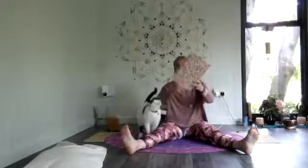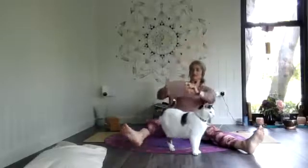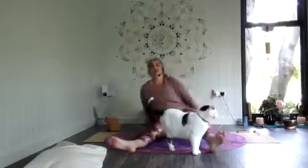So a blanket is good. If you're sitting on a blanket or a cushion, then turn it on the corner, so that this corner here is between your legs, like that, and you're sitting on it. So your sitting bone is like that, and you're allowing, so that you feel that you're dropping down a little bit. Your legs and your thighs are dropping down to the floor. So stay here, your sitting bone a little bit lifted off, and then with your toes, point your toes towards you as you inhale,